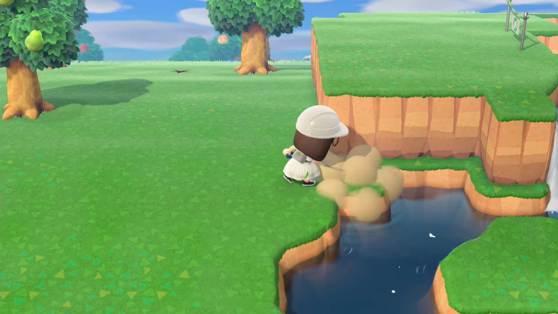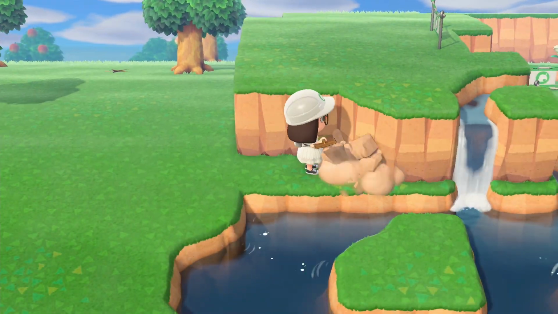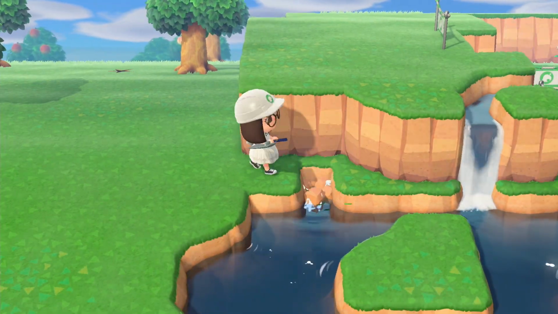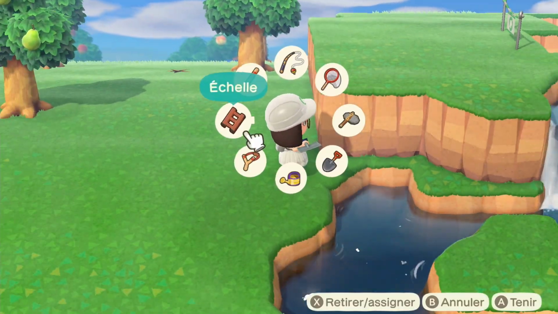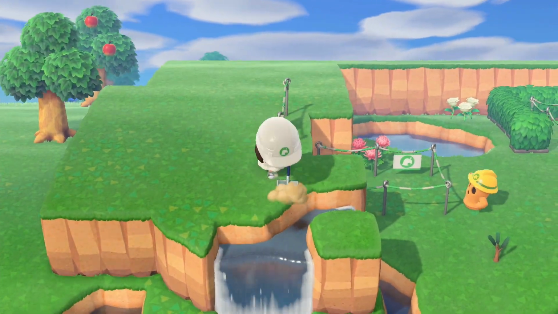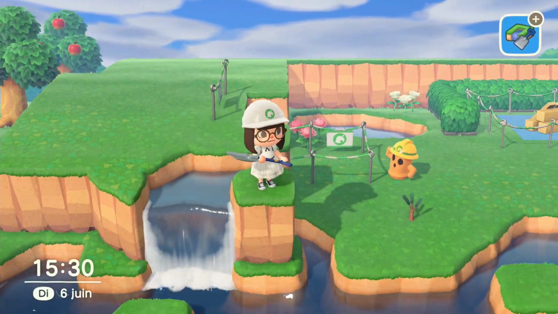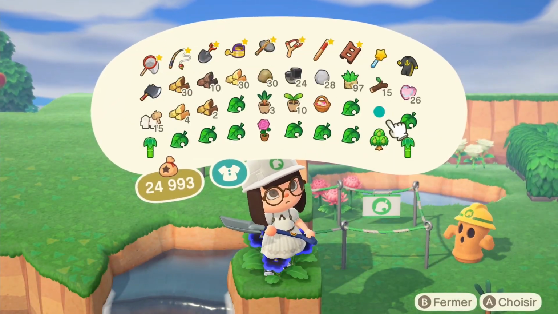I also wanted to have a bigger waterfall on the front, so I extended my cliff a bit and then redid my waterscaping on the side. And I'm really liking it. I was really happy with the end result of that one. And so I'm finishing up by placing some flowers.